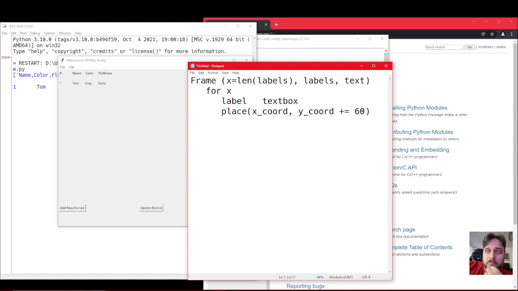If we don't declare one, we would just make it the length of labels, whatever list of headers we feed to this object. We want the widget to default to that being the length of our loop. So it'll loop through all of those labels. If we're not passing it any labels,